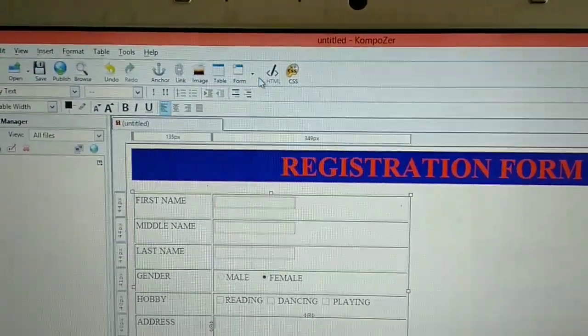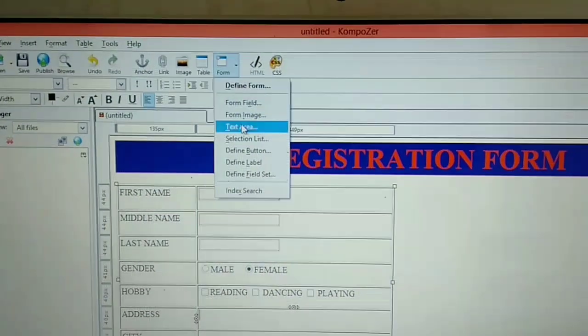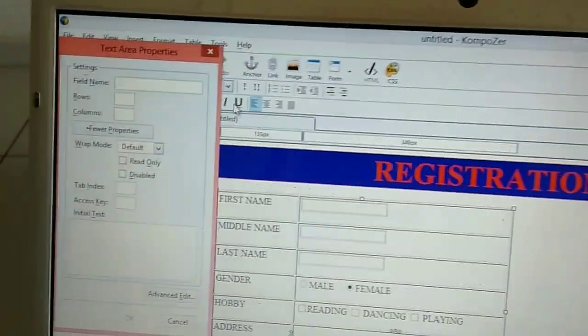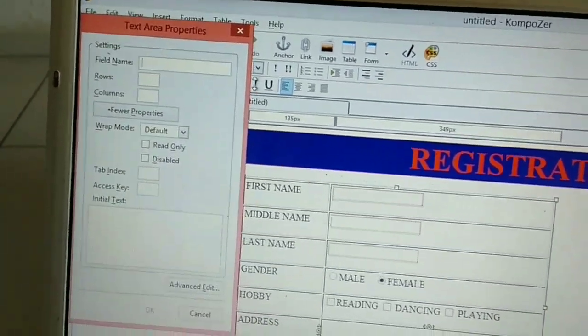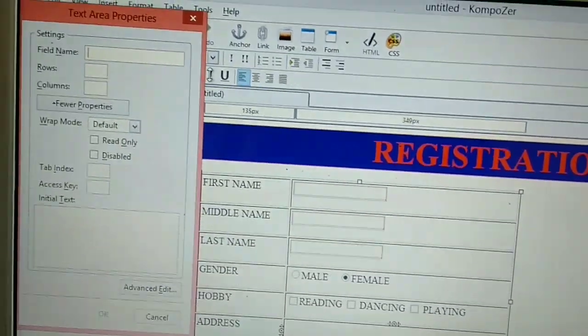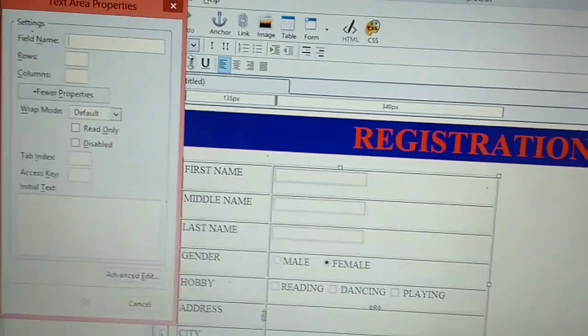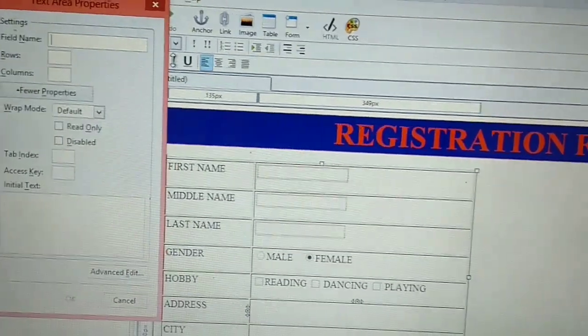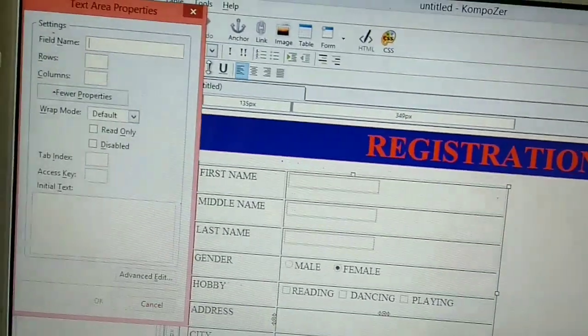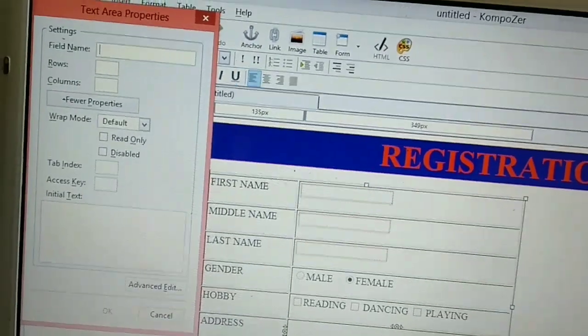For text area you have to select form. Inside form you can see text area. Select text area because text area itself is a tag. Yesterday I told you text area itself is a tag. Text box, radio button, checkbox, submit and reset are the fields of the input tag. That's why we have to select